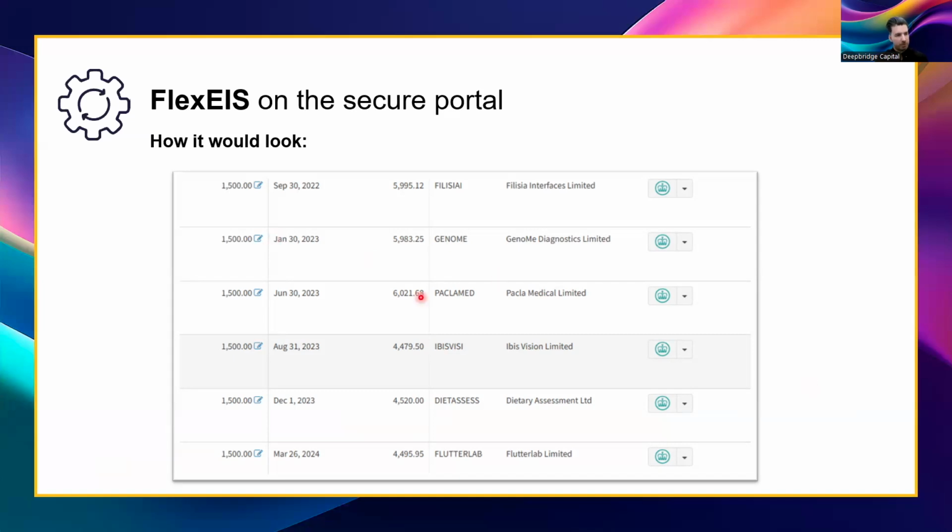So this is how it will show on a portal. You can see the key date here is the deployment timeframes. That's key from the tax relief perspective. And what we can see here on the right-hand side is the crown logo for HMRC. Once this is available and can be clicked on, that can be downloaded. This is the EIS-3 certificate. If this is blanked out and not accessible, then the EIS-3 isn't back yet. But as you can see in this example, all of the EIS-3s are available for download.